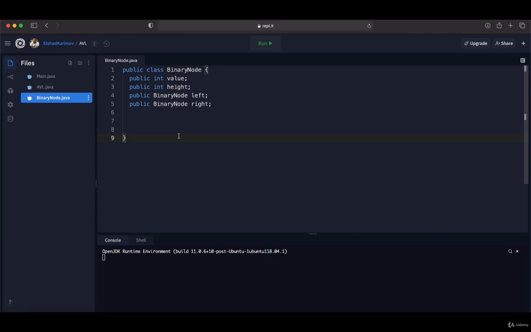Now in this video we are going to create an insert method for AVL3. Before creating the insert method we need to create helper methods which will help us to balance our AVL3. The first thing that I'm going to do inside the binary node class is create the binary node